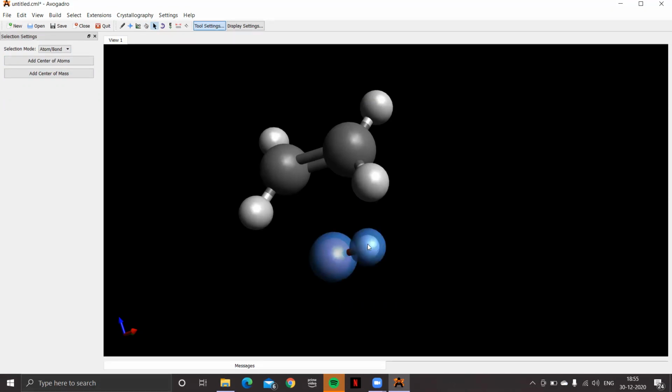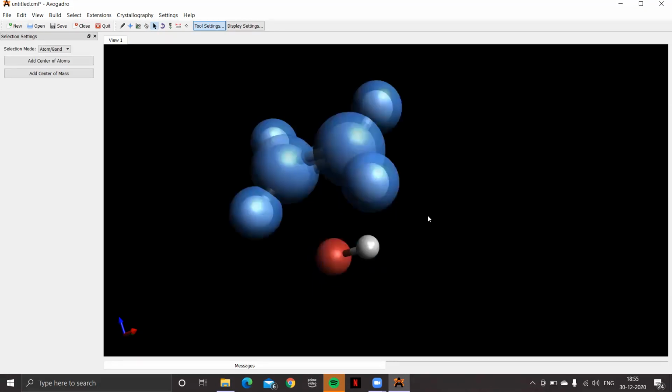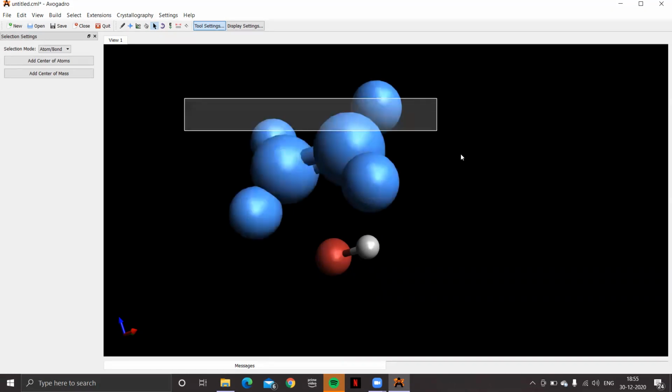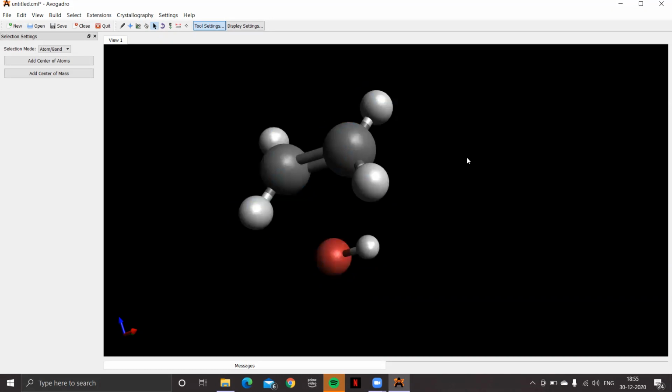And with the help of the shift button, I can select as many atoms as I want. I can also do the selection just by the help of the cursor. If I move the cursor along this molecule, you can see that everything got selected. The whole molecule got selected. Right click, it gets deselected.